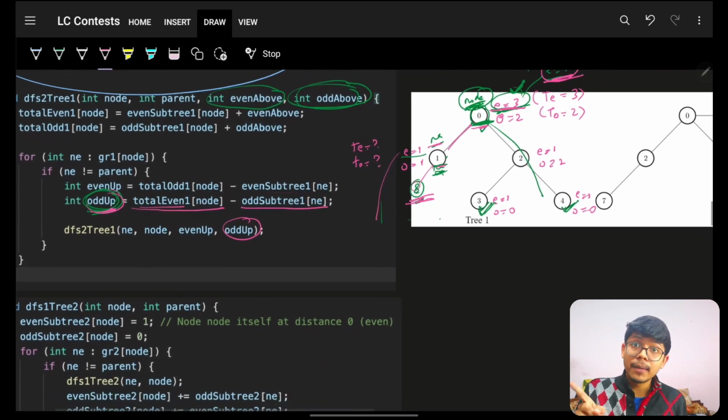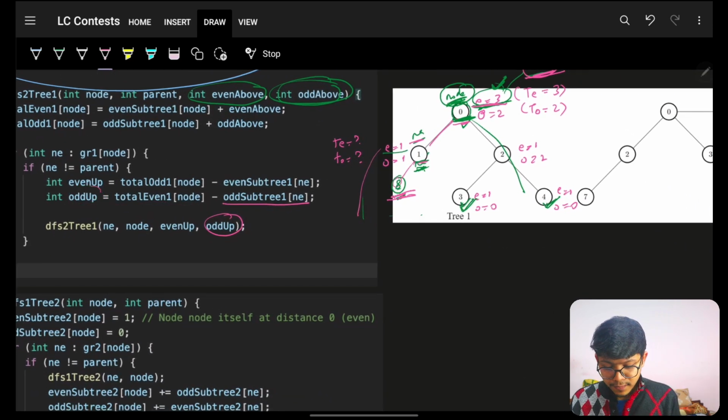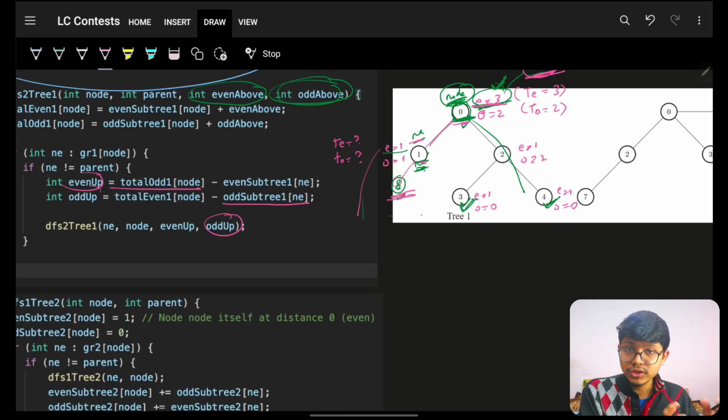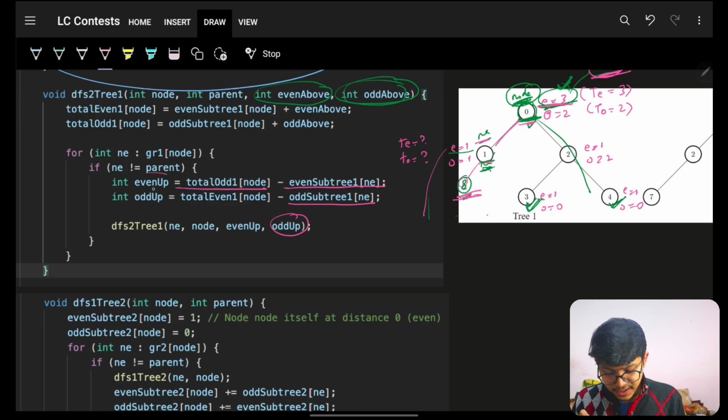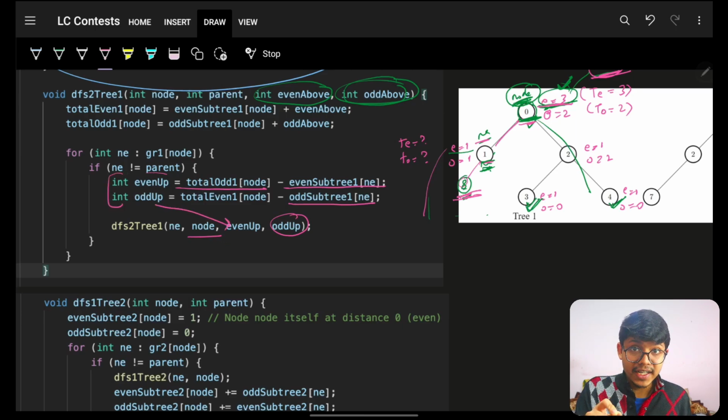And same way I will compute the same thing for even. How? For even up, get me the number of total odd values which I have from my parent, which is the node. Subtract the even below me, in the subtree of me, that will be my total number of even upper values. Thus, if you have both of them, you will simply pass it to your specific child,